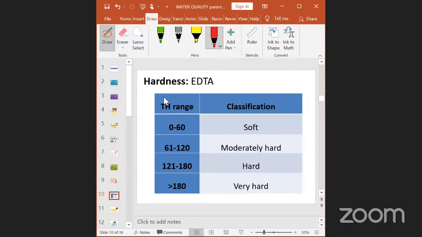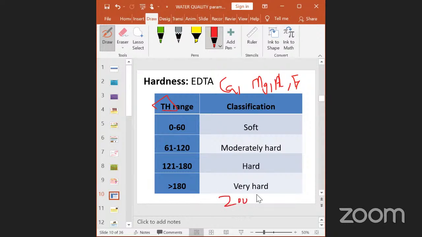Hardness, total hardness. Hardness is the concentration of multivalent metallic cations present in the water. It may be due to calcium and magnesium, aluminum and iron, etc. The acceptable limit of the hardness of drinking water should be 200